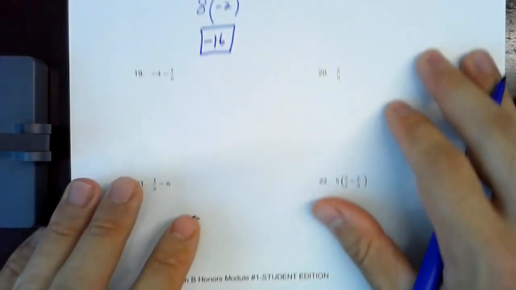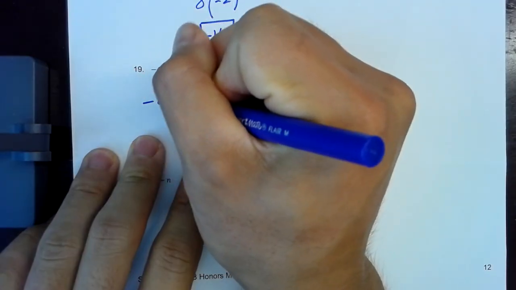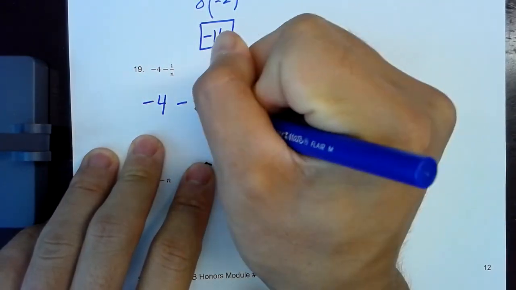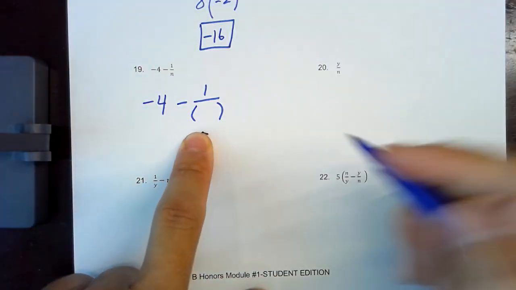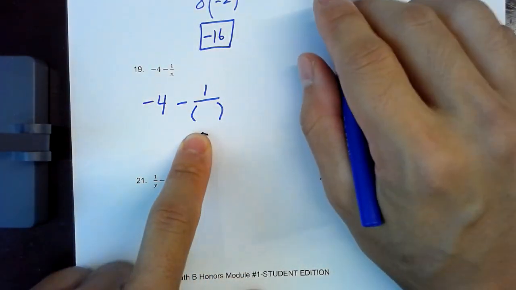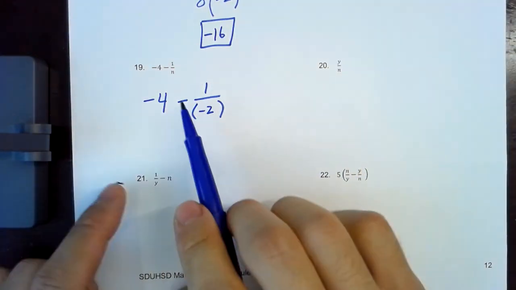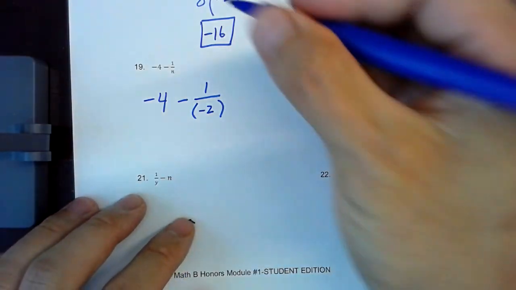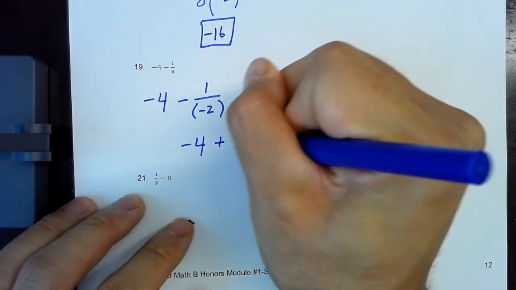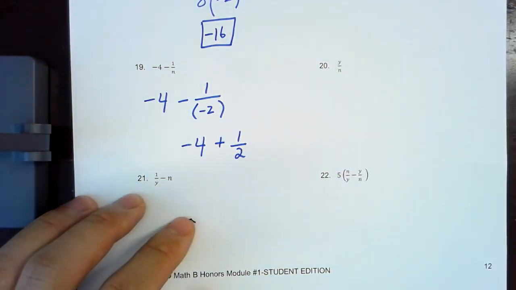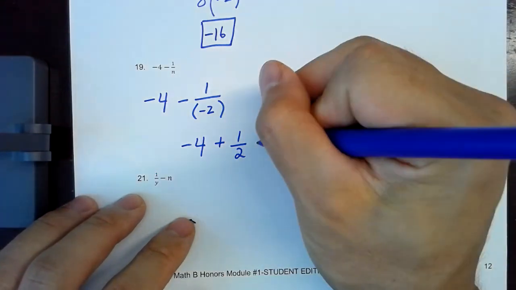Now you might say that's pretty easy, Mr. Quo. Let's go to number 19, and I'm running out of time, but let's do the same thing. -4 minus 1 over, and use parentheses before you plug in, right? I'll talk about that more in class, but you always want to use parentheses because it protects you from these double negatives. So this already is a double negative, and I'm going to tell you right now, this would be -4 plus 1 over 2, because the negative and the negative made it a plus. And -4 plus 1/2 is equal to